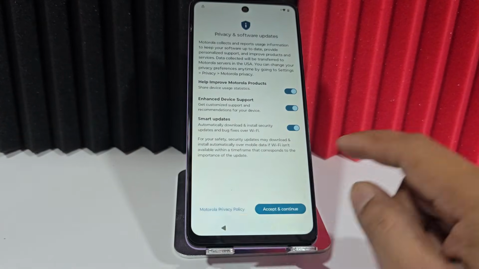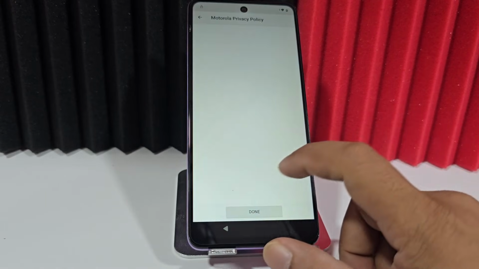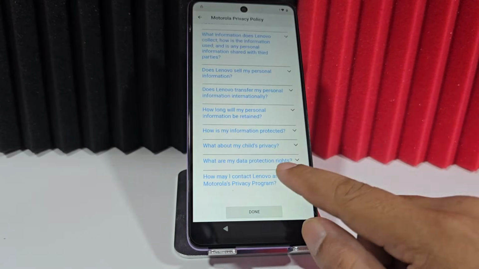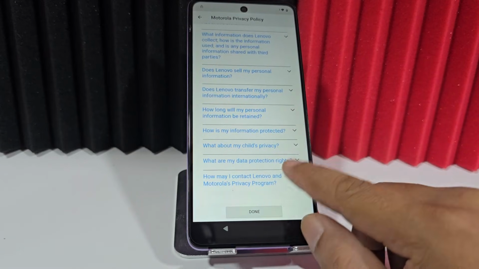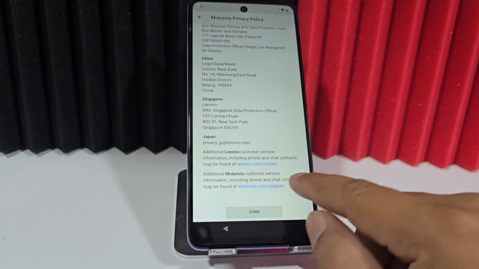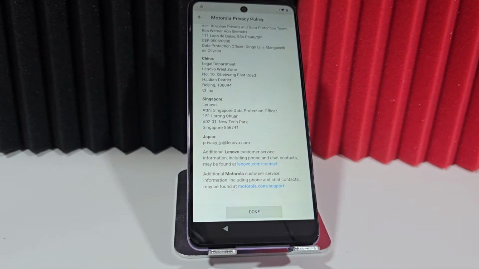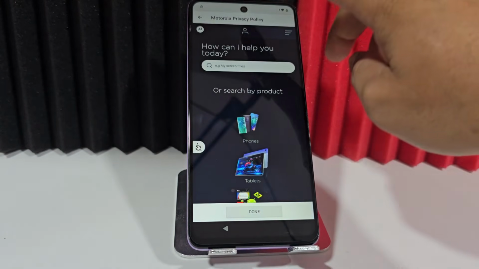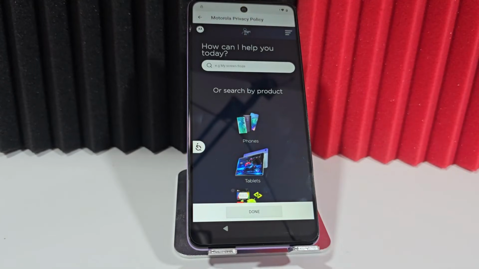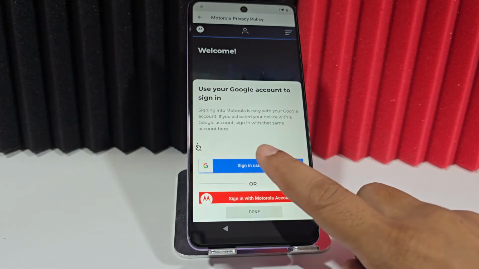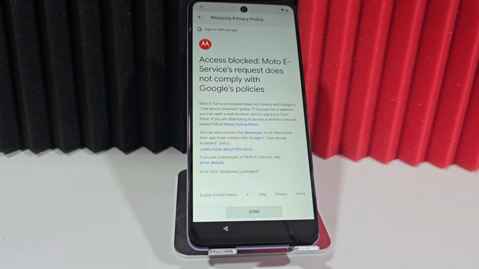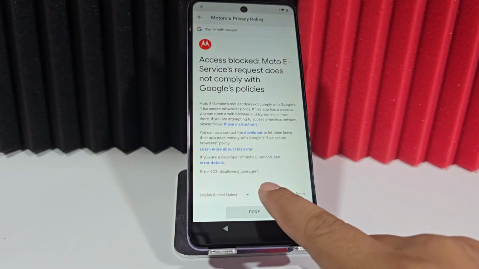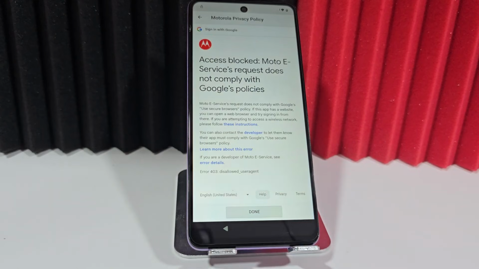We're going to click here where it says Motorola. We go to the last option and click. Here, it says Motorola.com. We're going to wait. We're going to click here on this profile, and here we're going to click on Google. We select Google. Here we're going to click where it says Help. We select Help, and now we're going to wait until